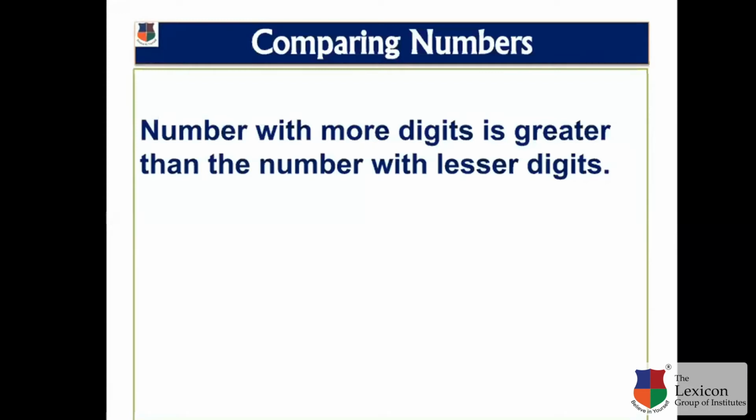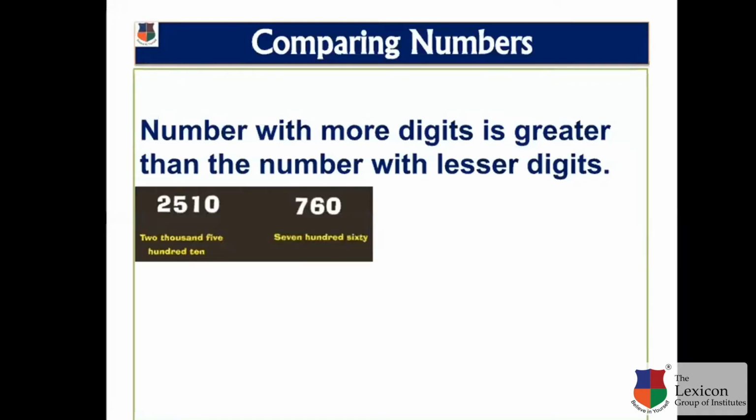So this is how we compare. Sometimes you say to your teacher, ma'am, I have two erasers and she is also having two erasers. So we both are having an equal number of erasers, correct? Same way, you have to compare the numbers. Now look at this number. Yes, read this number, that is 2510. And another number is 760. Now you have to compare between these two numbers.